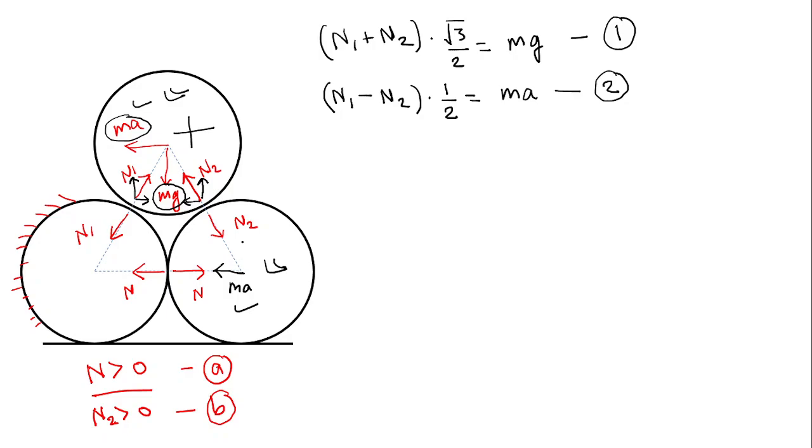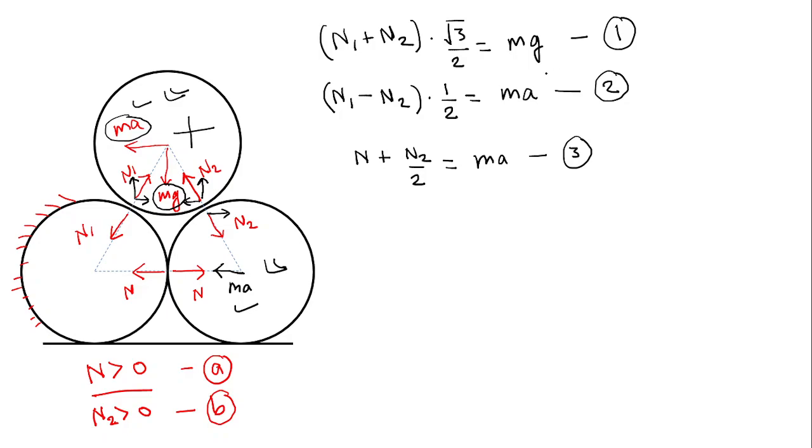Apply horizontal equilibrium. N2 horizontal component is this, N1 this. So easily we can say N plus N2 cos 60 degrees, that means N2 by 2, is again M times A. So we got three equations, and now the condition has become very easy. If you do 1 minus 2,